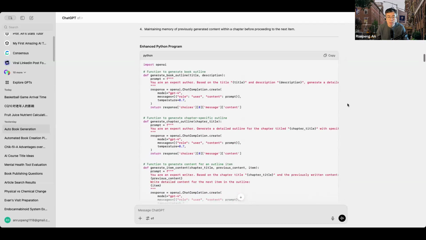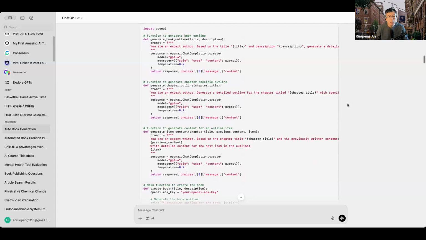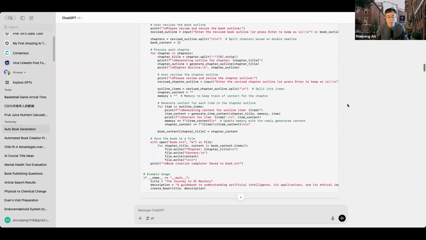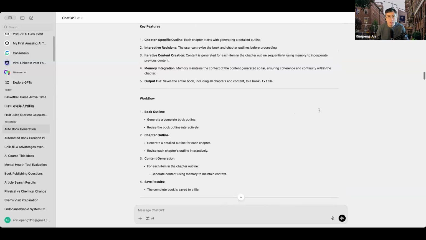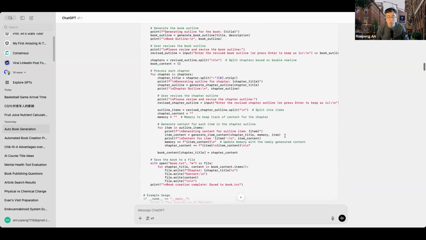So anyway, the program tends to provide a pretty comprehensive draft and provide the code, although the code may not be exactly correct. So when I implement the code in a Python environment, the code doesn't work, and I have to debug the code myself. Then I realized there are about 4 errors, 4 mistakes the model makes that prevent the program from working.